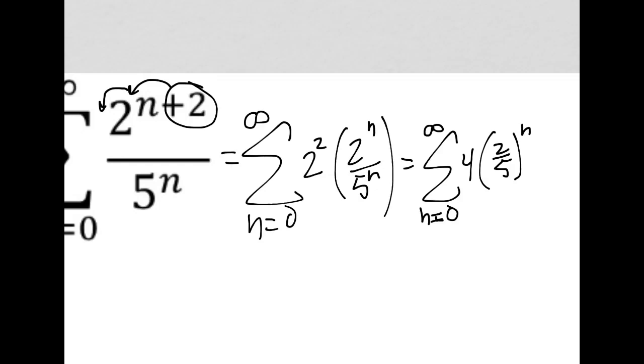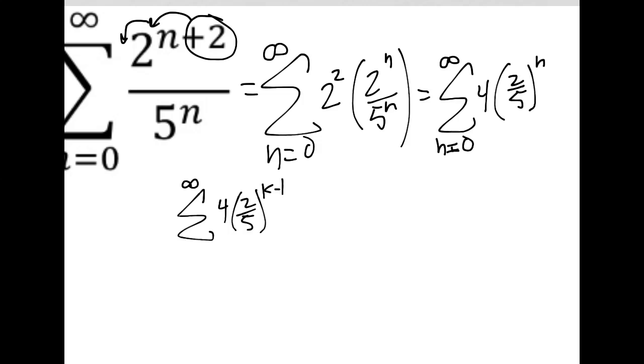So let's change this. We'll still go to infinity, but let's say 4 times 2/5, and instead of n, let's put something like k minus 1. And now we have a relationship. We're saying k minus 1 equals n. We're making an algebraic substitution. Well, if k minus 1 equals n,